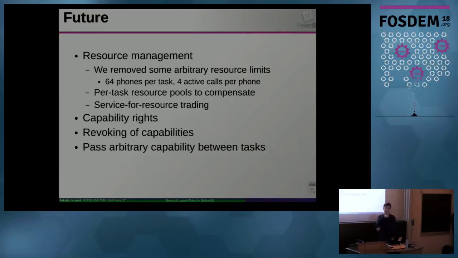Currently, there is also no way to revoke an existing capability, so we might introduce that if needed. And we are still able to pass only an IPC connection, even though we have capabilities for other kinds of objects. This limitation might actually be removed when we have capabilities for tasks, because now it's not even possible to specify a